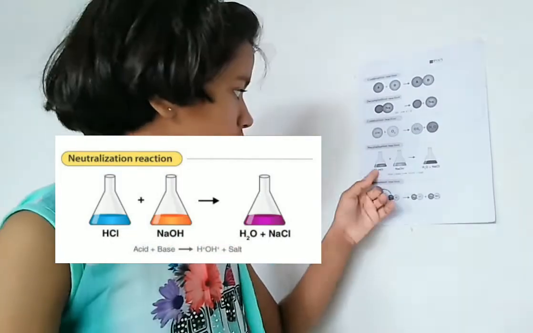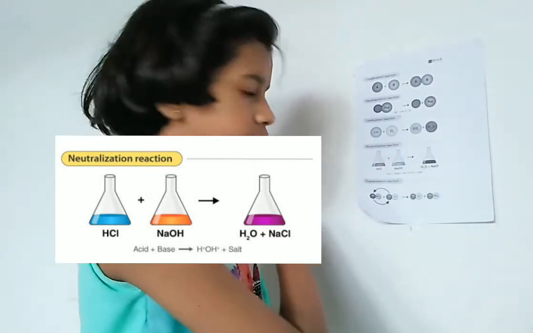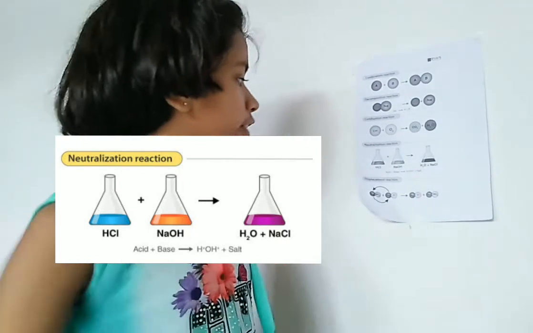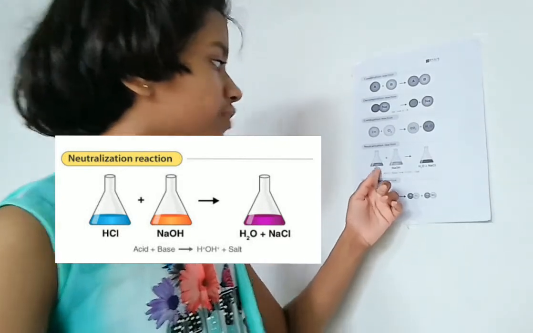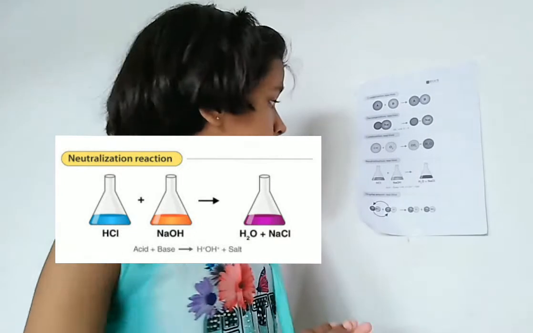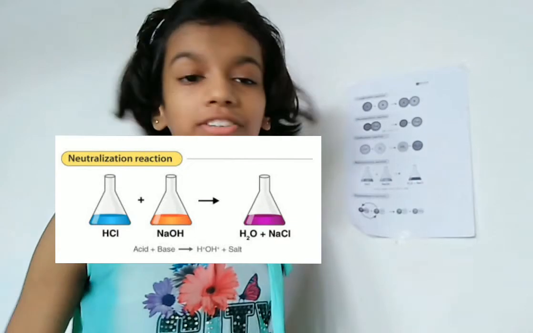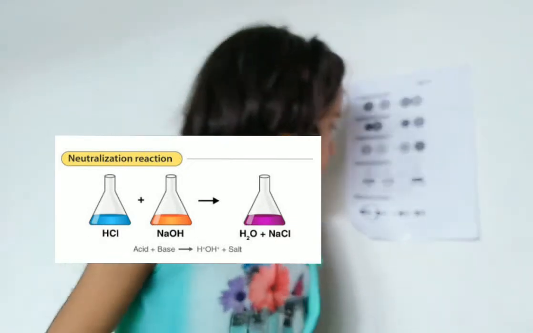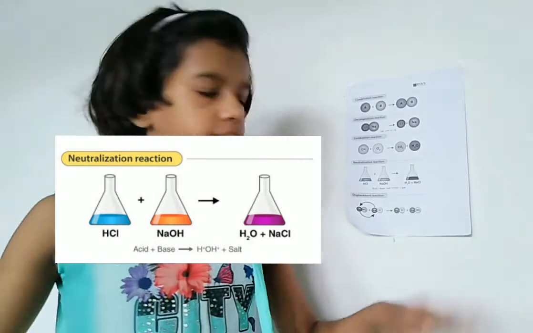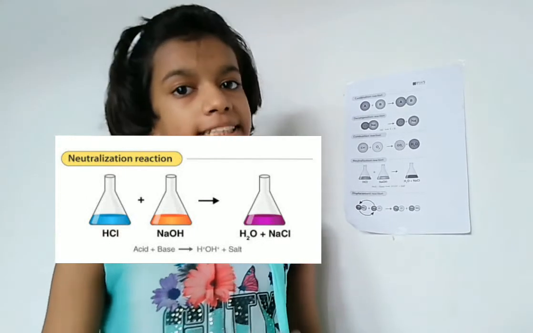See, here was hydrogen and here was another particle of hydrogen. They got mixed together. Now they also took oxygen with them. So now water is created and the chlorine which was left here gets mixed with sodium. So salt is created. You see, new substances are made. Water was made and salt was made. So acid plus base equals whatever the result is. In this, acids get mixed with bases.